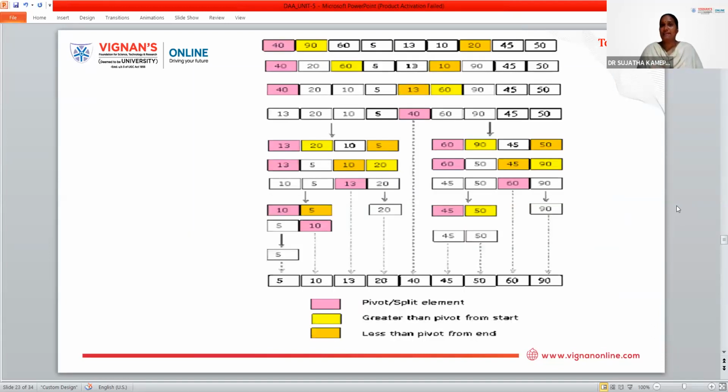Now you can see one more example here clearly. You are given a list of 9 elements. First we select the first element as the pivot element. From the left side, we find an element which is greater than the pivot, and from the right side, we find an element which is less than the pivot. Here 40 is the pivot. From the left side, the immediate next element 90 is greater than the pivot. From the right side, here we are going to find the element which is